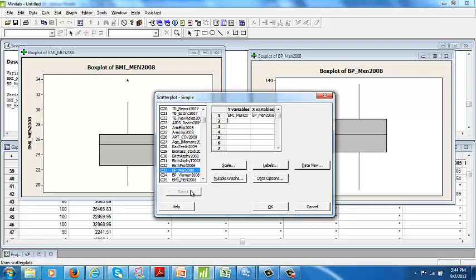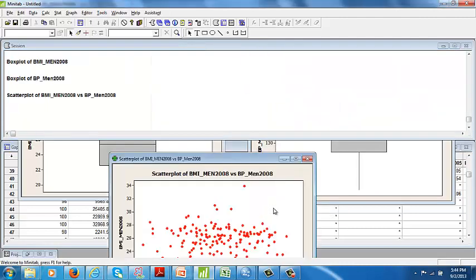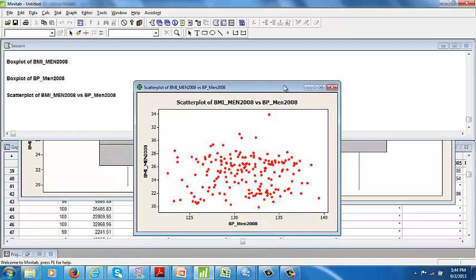In this case, though, for illustrative purposes, it doesn't really make a difference which one you call X or which one you call Y. I'm not going to choose any of these choices down here because this is not a final product. Just kind of giving you an idea of what you can do. Click OK, and you'll notice there's a scatter plot. Now, I'm going to copy this scatter plot and actually put this one also on